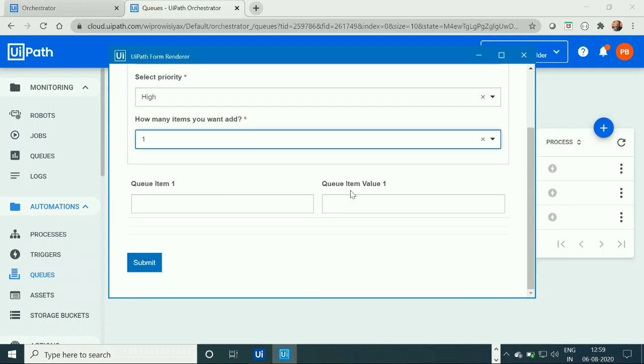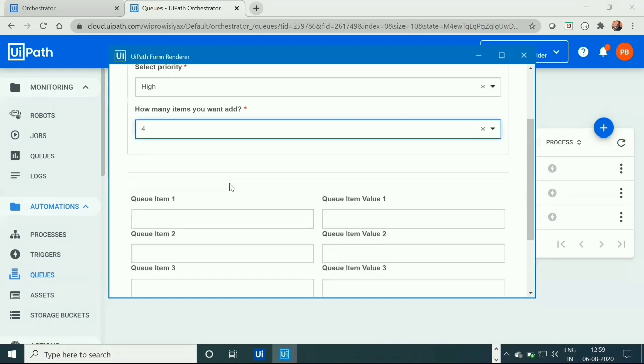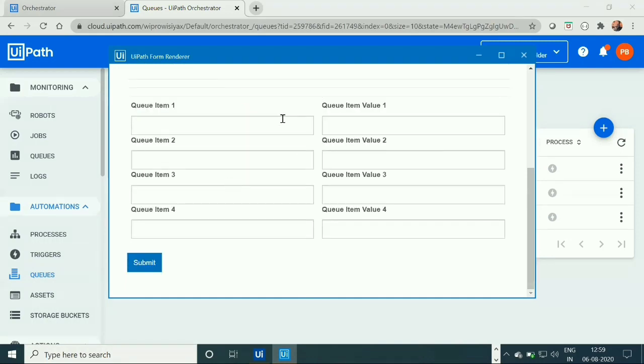So let's enter the data. Let's say I want to add employee data: name, then age, then phone number, and let's say address.